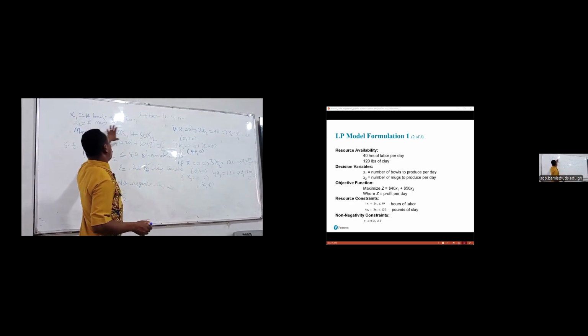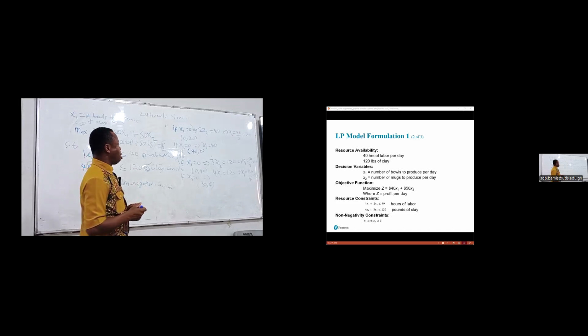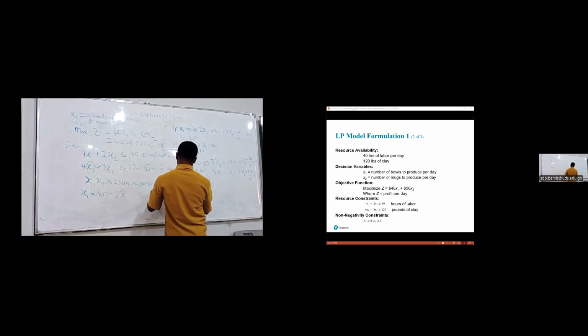If we are going to use purely the graphical approach, assume any number for z. Let me assume that it is 900. So I now want to find the coordinates for z, the objective function. So if z is equal to 900,